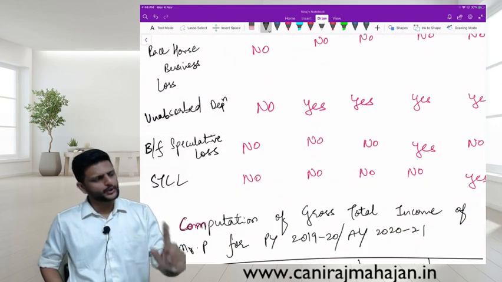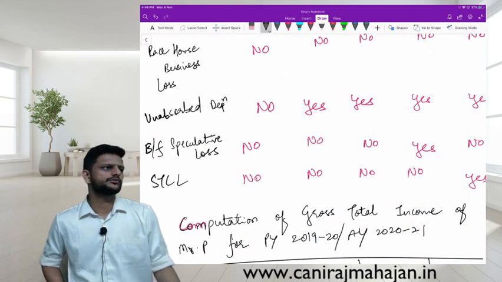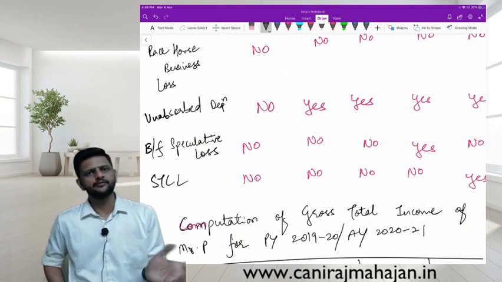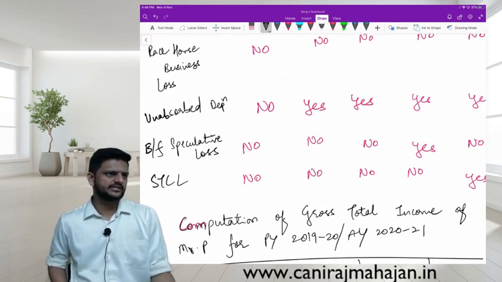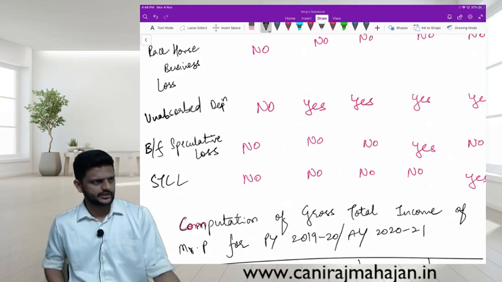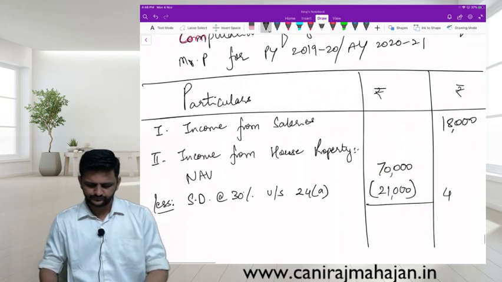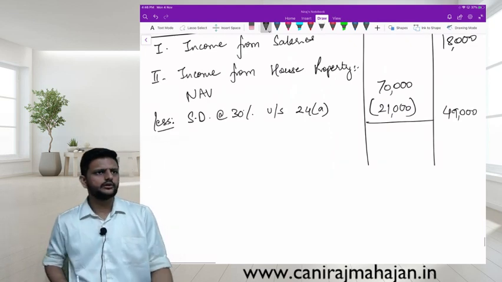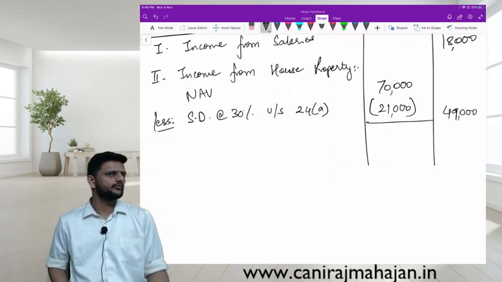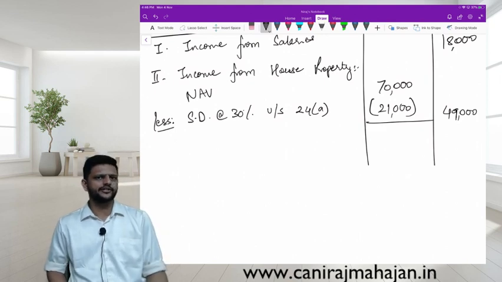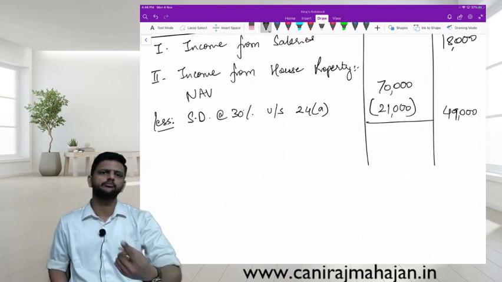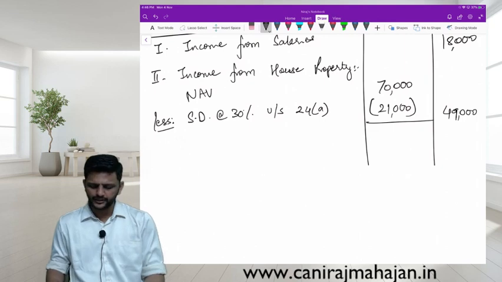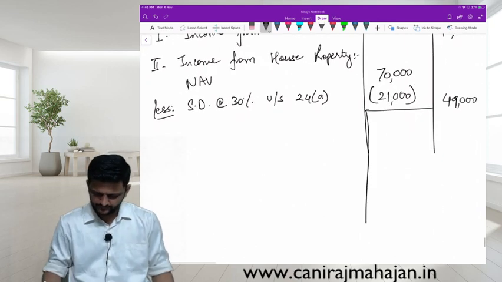Unabsorbed depreciation, I think, will be available. For that you have to check that also. In business income you can utilize it; business income you can reduce by unabsorbed depreciation. Are you following? So you have to go to the next head of income. If over there it is not sufficient, then you have to come back here and set off the unabsorbed depreciation.